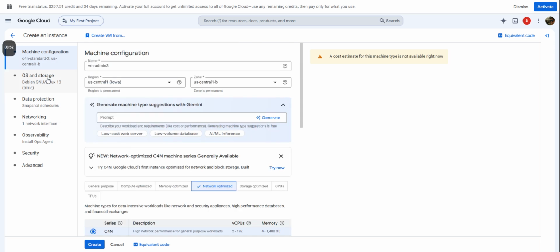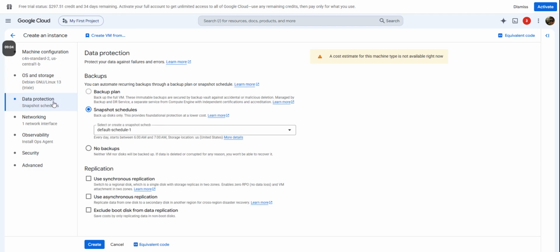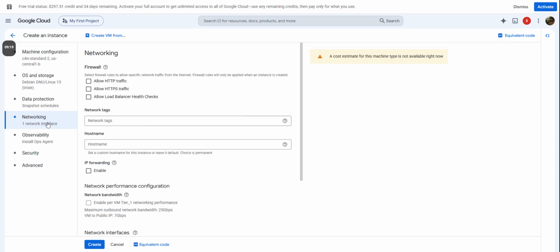Okay, so I'm going to go to OS and storage, basic Linux box, Debian. Yeah, data protection, snapshot. Just your basic snapshot, every day from 6 to 7. Networking. So here's where